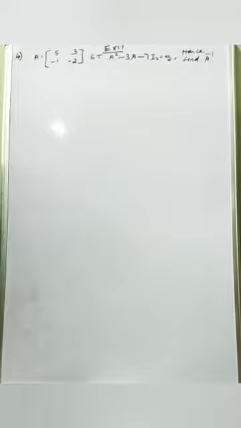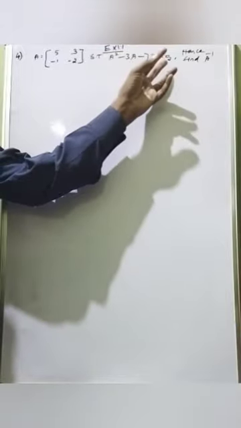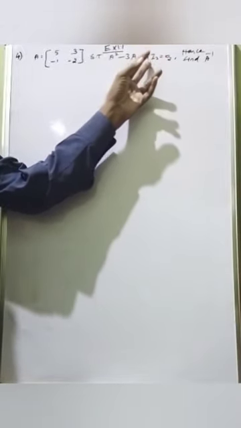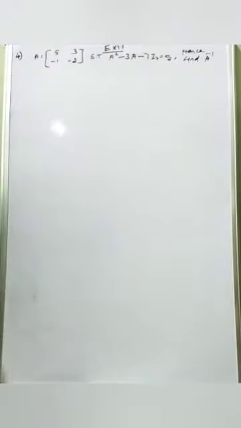Now the fourth one, exercise 1.1, fourth one. A is given, a 2 by 2 matrix. First row 5 3, second row minus 1 minus 2. So that A square minus 3A minus 7 I2 equal to 0 2. 0 2 means the zero matrix of order 2. I2 means the identity matrix of order 2. That is the meaning. With the help of this, find A inverse. We could not find A inverse directly. Using this, find A inverse. That is the meaning.